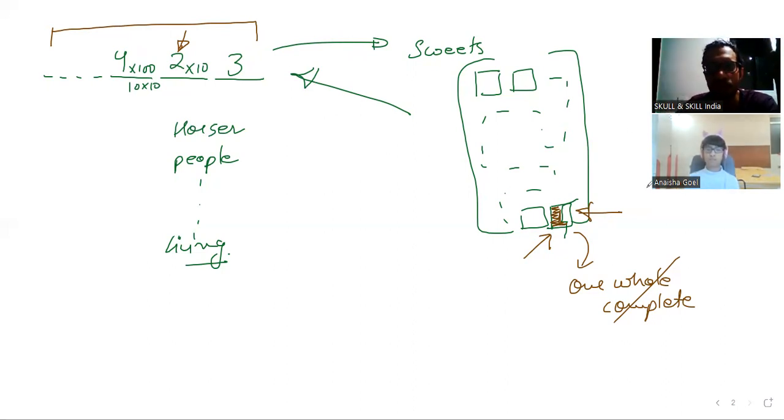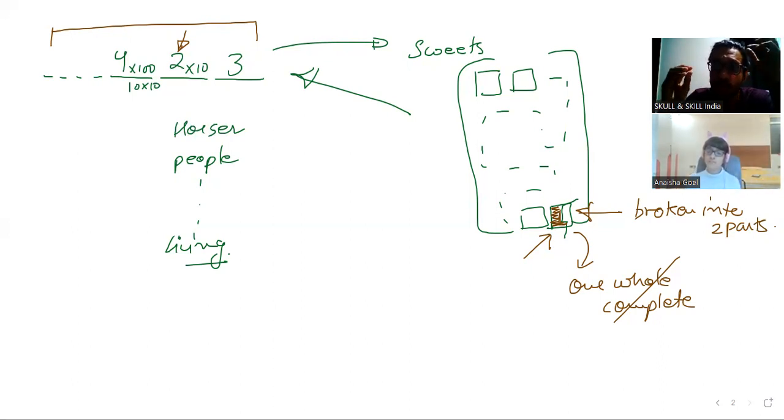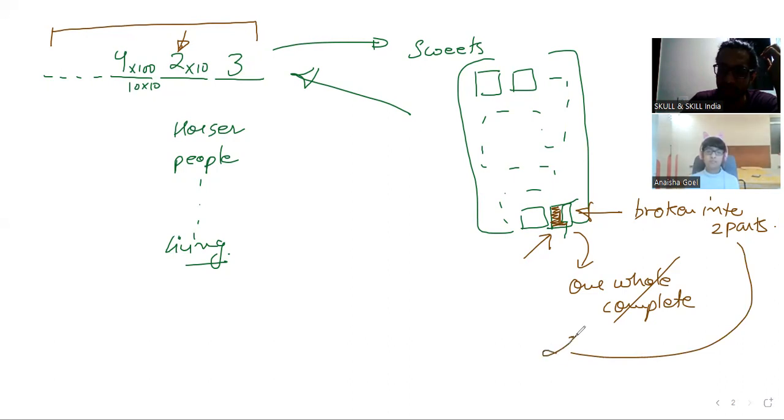Why can't we use the same symbol to denote the number of parts of a whole thing? If I write here, it has been broken into 2 parts. Am I not saying how many parts are there? Now I'm using the symbol not to show the whole thing, but to show the parts of the whole thing. I am showing with 2 how many parts this complete thing has. Isn't that right? Can't we do this? We can. And if we can do this, then we can also do this: if someone asks